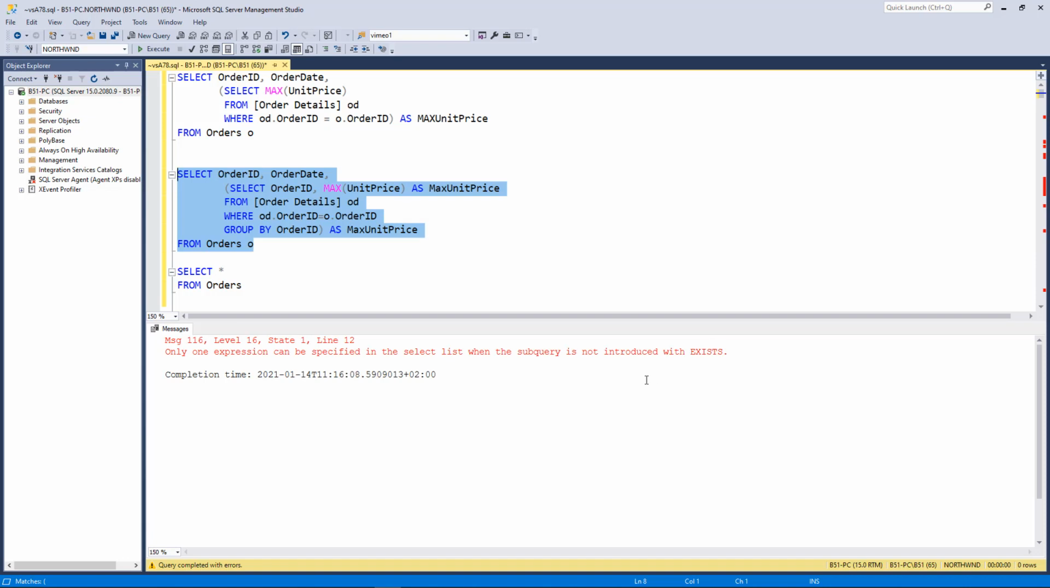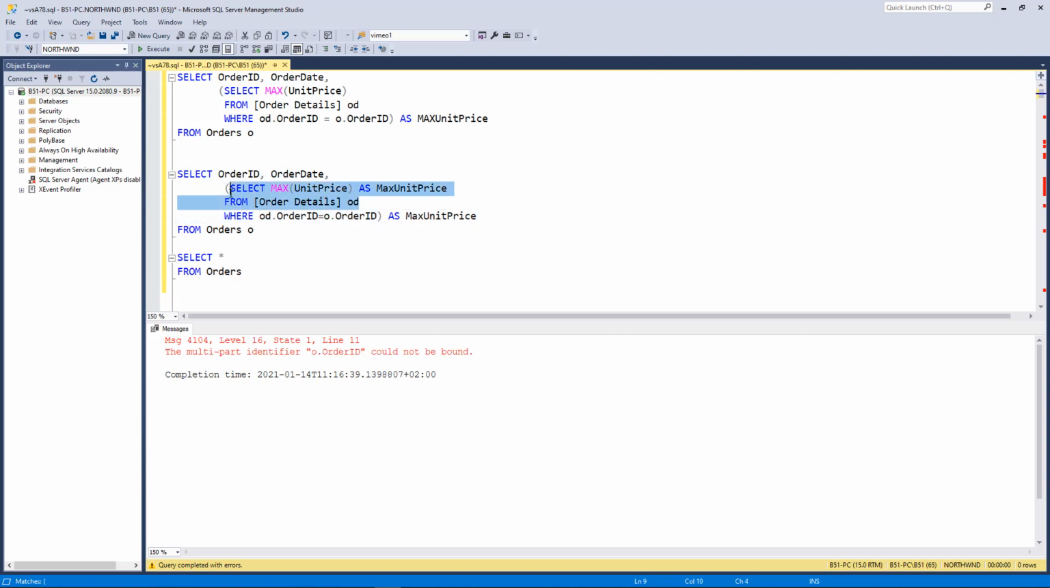Why do we get an error? Because we can't return multiple rows in the subquery. We need only one row. The connection will give the specific row, the specific order ID, to the order ID outside of the subquery. This is why we don't need it. We can erase the order ID and the group by. We just need one row,